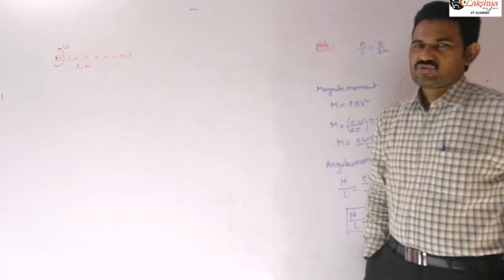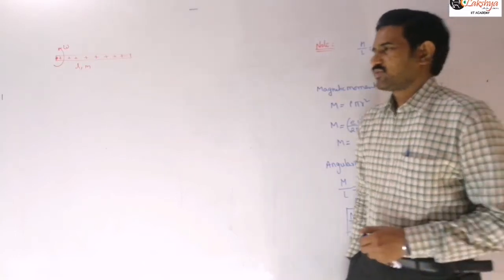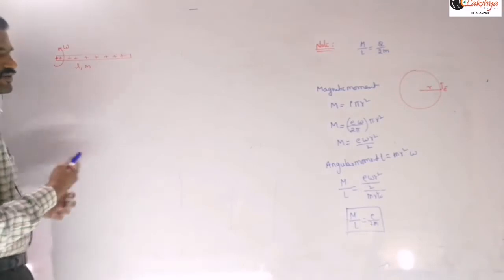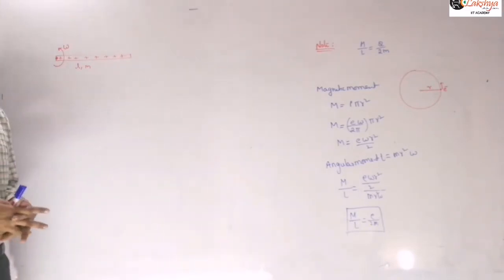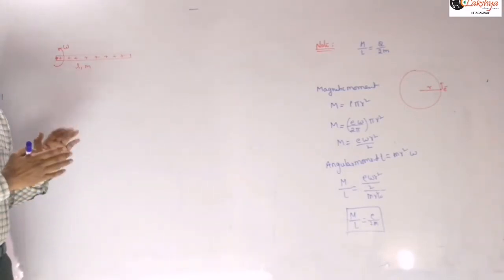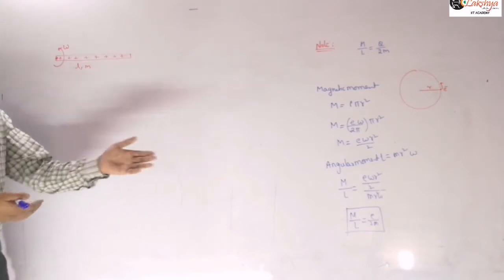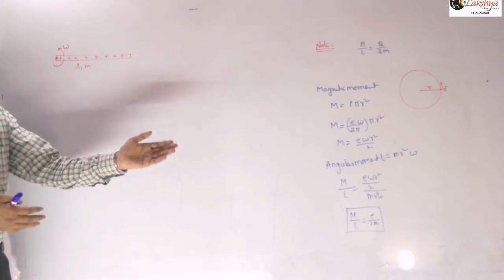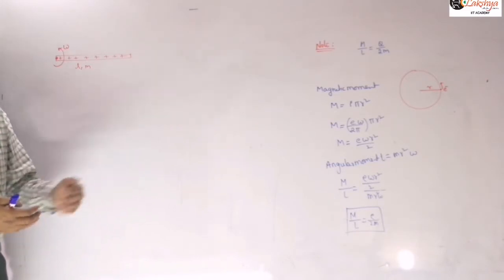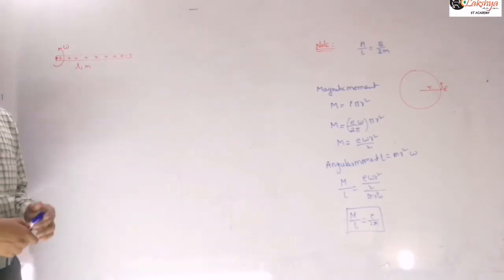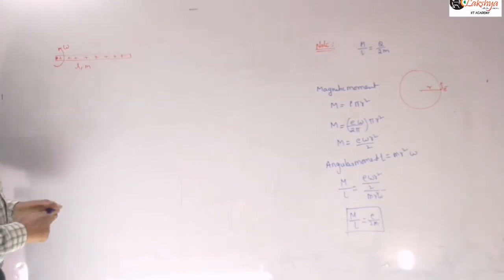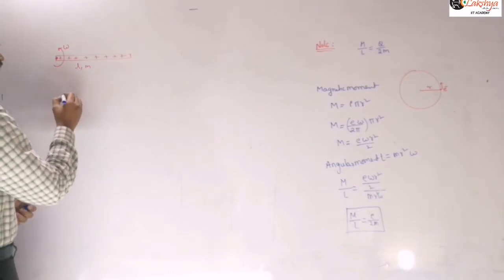So for this also let us verify, so that you will get more clarity. How do we calculate the magnetic moment here? If they ask the magnetic moment only, then you can use that relation directly: M is equal to q by 2m into L. But our question is to prove that ratio, so now we are going to calculate this magnetic moment first.